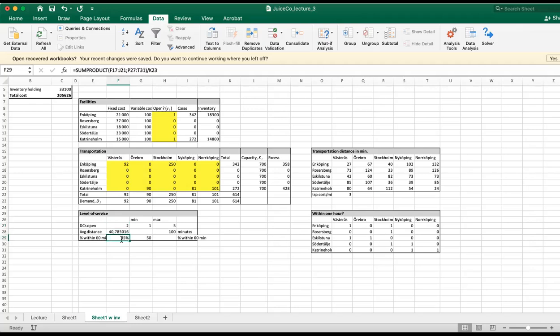And you could also look at that in percentage with the time dimension. So you do the xij multiplied with the per hour indicator divided by the demand, and you can see that you'll be moving almost at 85% within 60 minutes, within